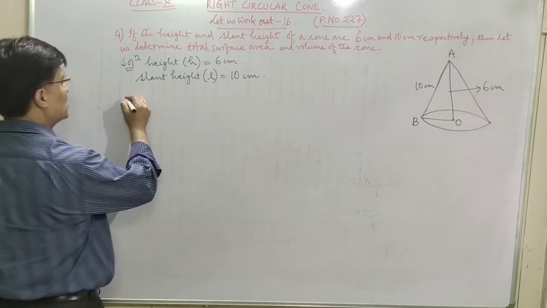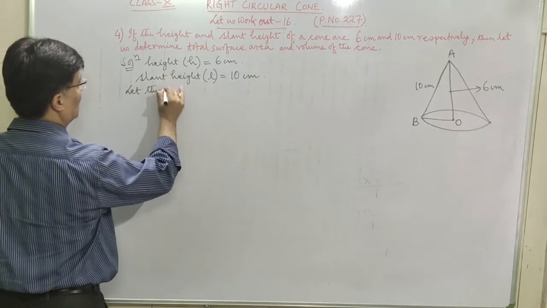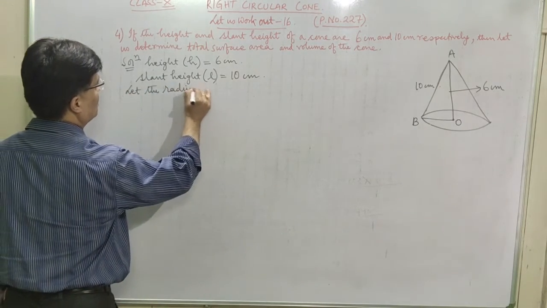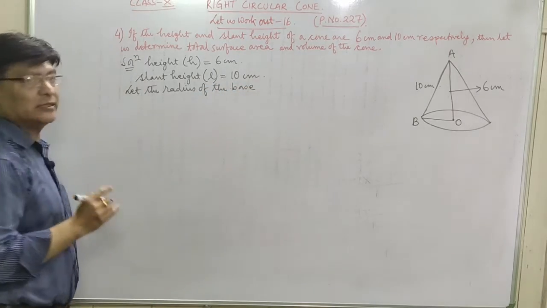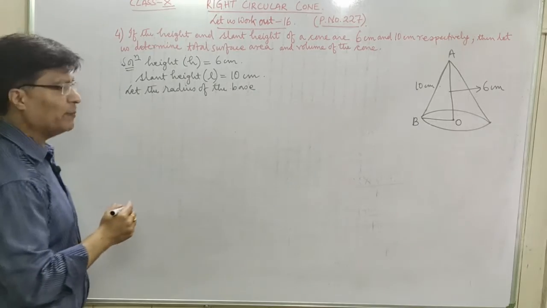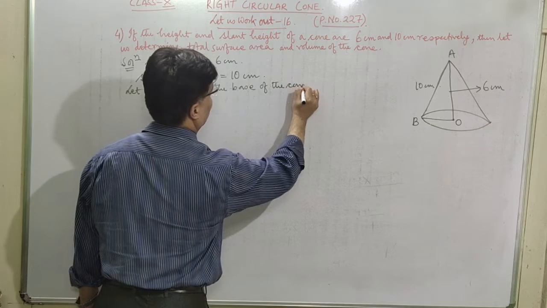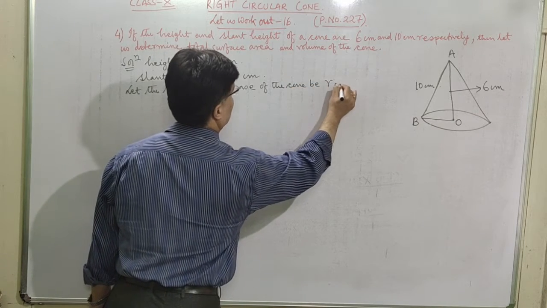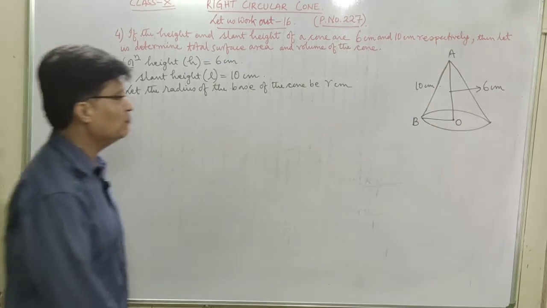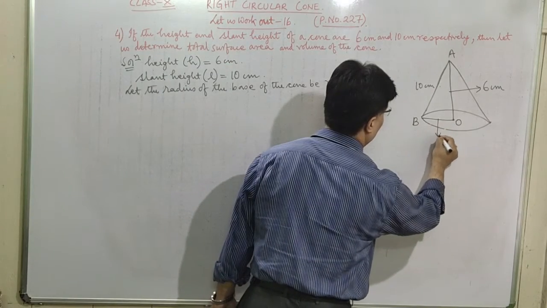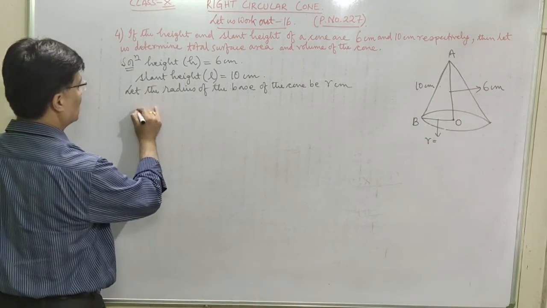Right? Now let us assume the radius of the base of the cone. Let the radius of the base of the cone be r centimeter. We have supposed r. Now let us find the value of r. So you know Pythagoras theorem,